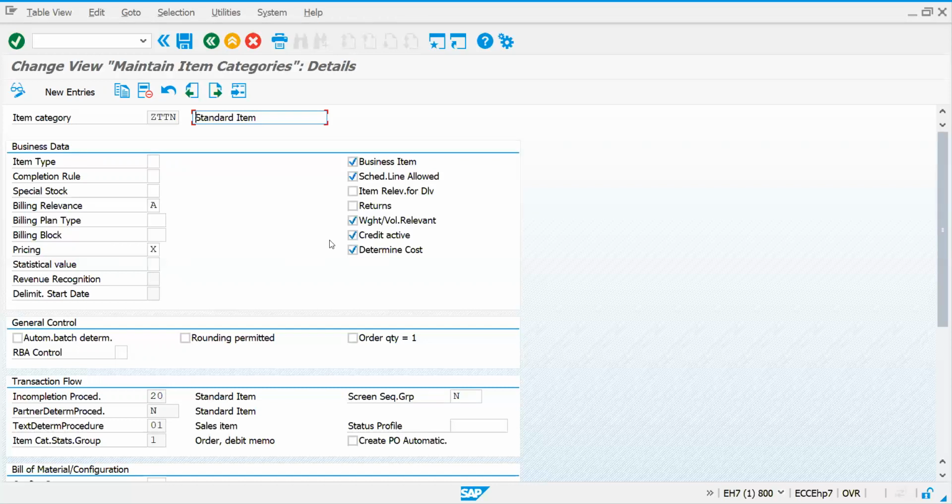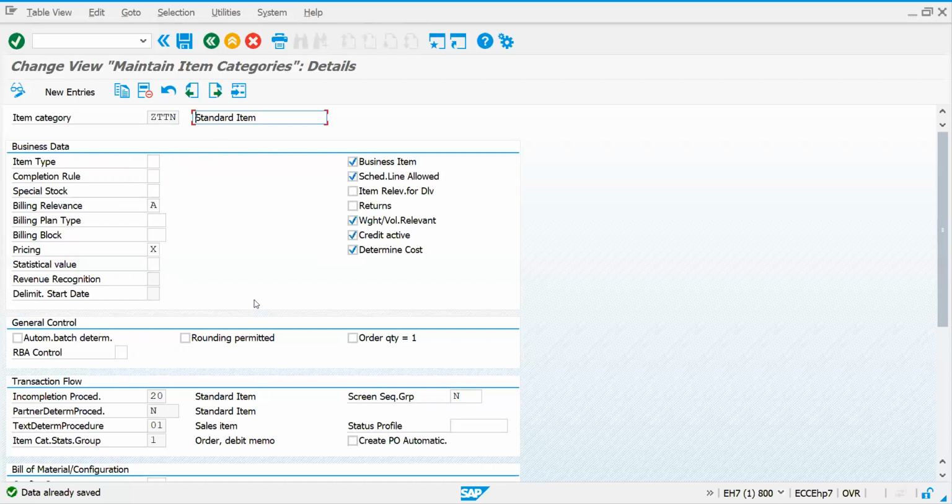So as a value add, when you copy this one, your TAN will work for your standard items, with credit check active for those materials, whereas for GTTN you don't require credit check active. I'm just telling one simple example.